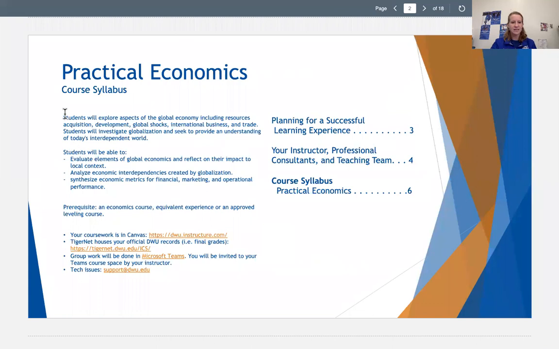So here is the course description and what you will be able to do by the end. The big goals are that you're going to be able to evaluate elements of the global economic world and reflect on how they impact you at the local level in your specific industry. You're going to analyze economic interdependencies caused by globalization, and then you're going to synthesize economic metrics for financial, marketing,